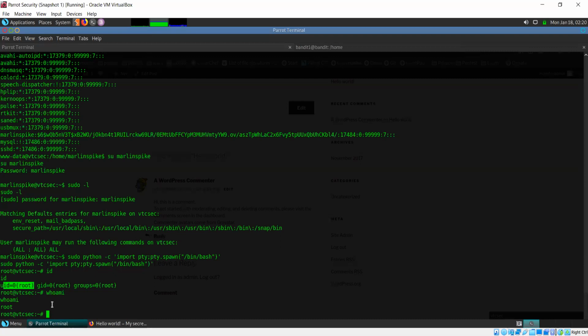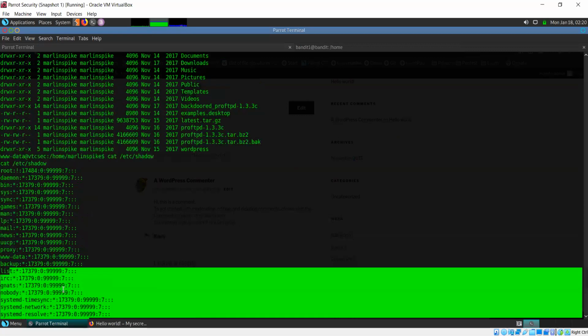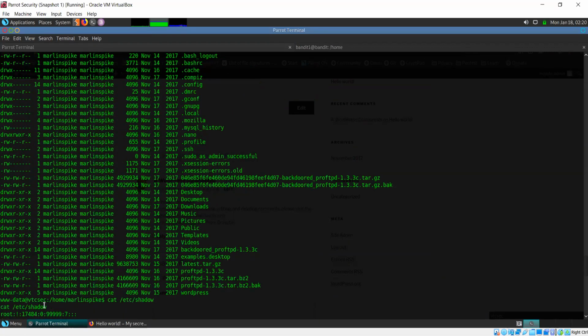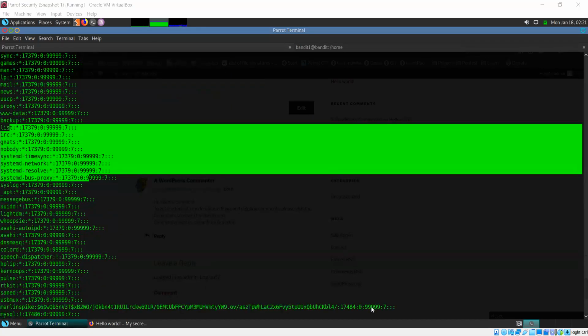So now we can use the shadow file to get the passwords. We used the shadow file in this case as well because it was not properly configured. These are the contents of the shadow file, on this cat /etc/shadow, and we were able to get the contents of the file. Of course, that is not going to be the case in other systems, because this was a case of improper configuration, where the permissions for that file were not properly configured.